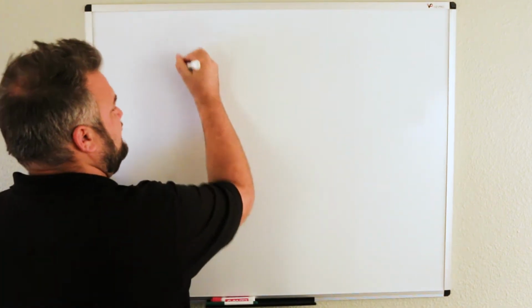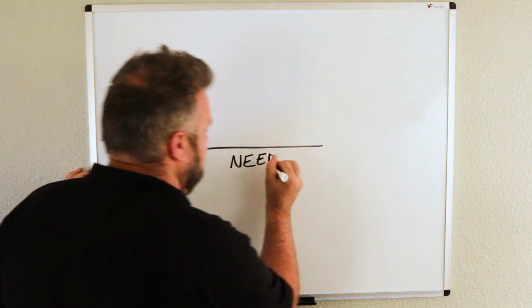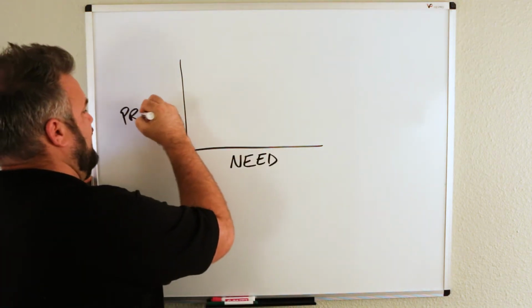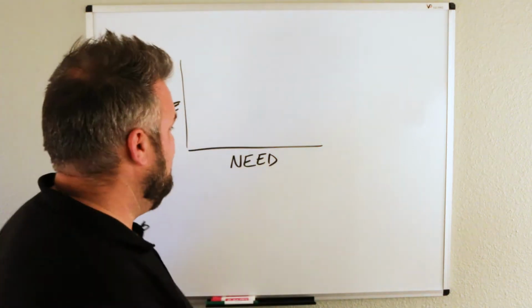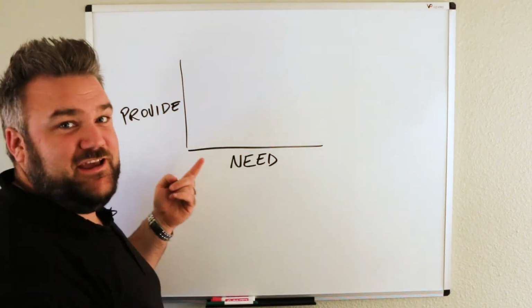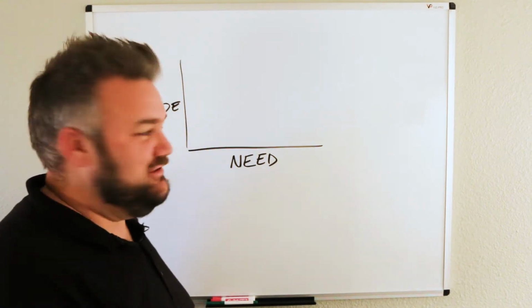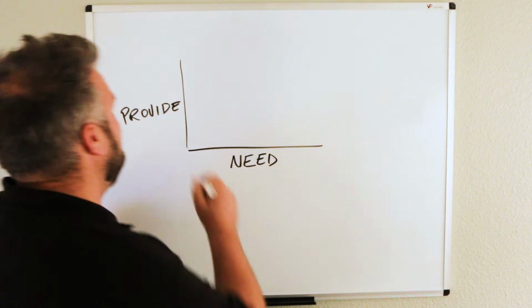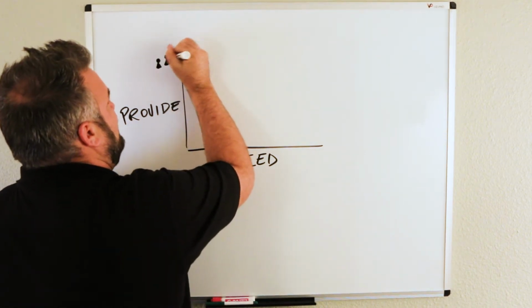Now, in business, you need two things. You have to have a need and someone that provides for that need with a product or service. Much like my relationship with my children, they need, I provide, except they don't pay me for it. In fact, I have to pay for it, and not just in cash, but in years of my life and brain cells.